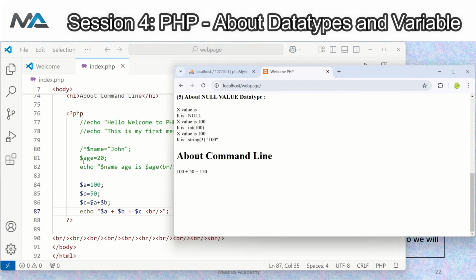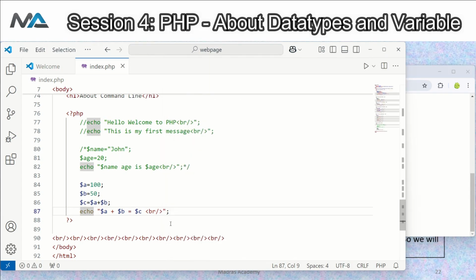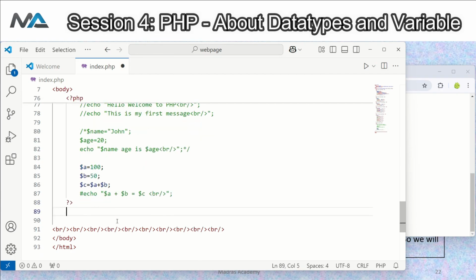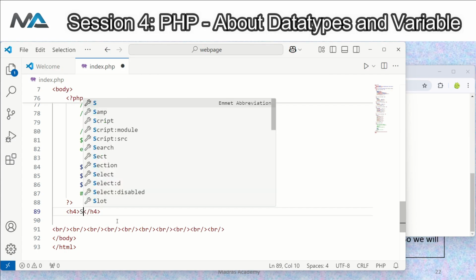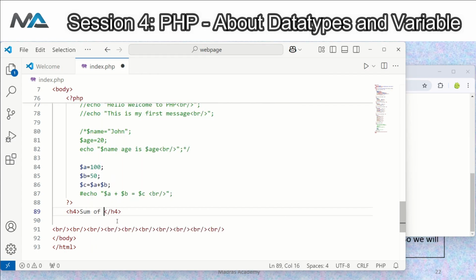So like this way we can use the single line comment as well as the multi-line comment. And one more single line comment is there, that I will tell you here. See, I'm not going to print this one. I'm putting just a hash. And I'm going to print this C value outside of the PHP tag. So I already told you the expression tag, right? In that format I'm going to print it. I'm using h4, sum of two